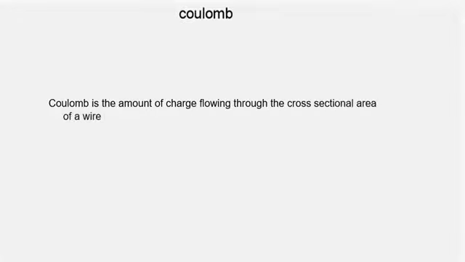So let's talk about the Coulomb and Coulomb's law. Now the Coulomb is the amount of charge flowing through a cross-sectional area of a wire in 1 second when the current in the wire is 1 ampere. The fundamental unit of electric charge